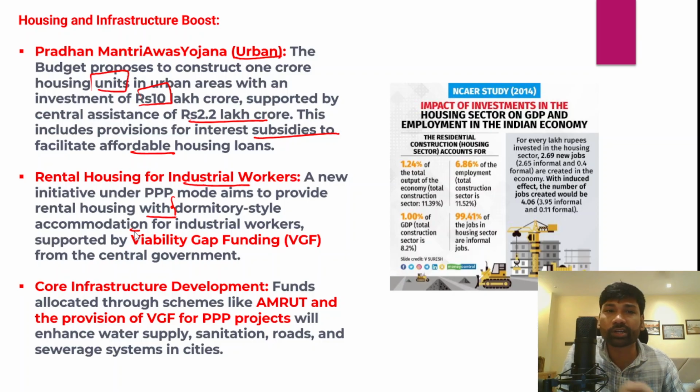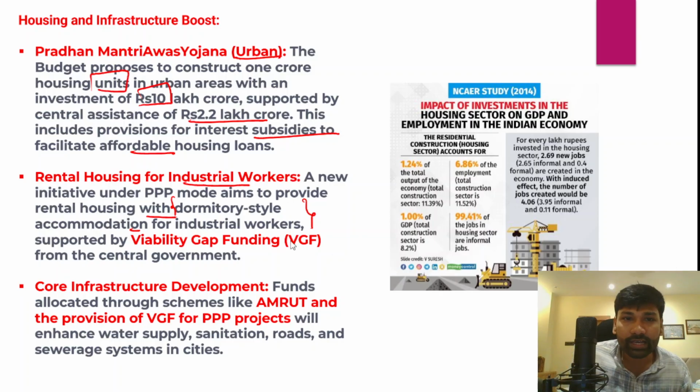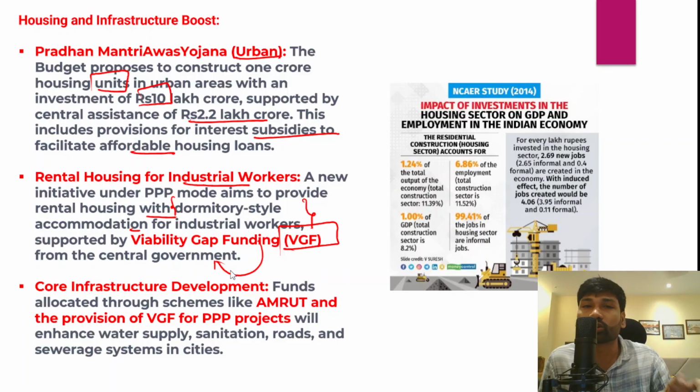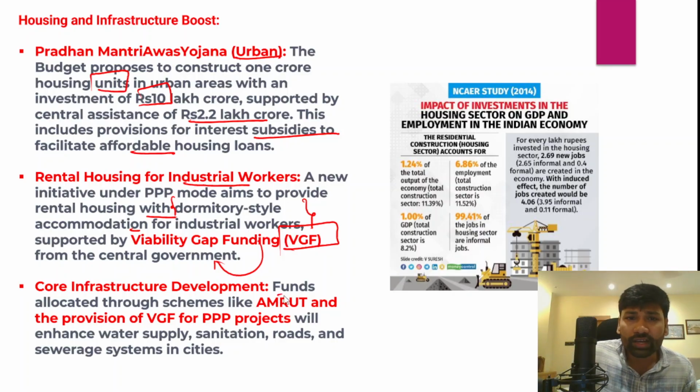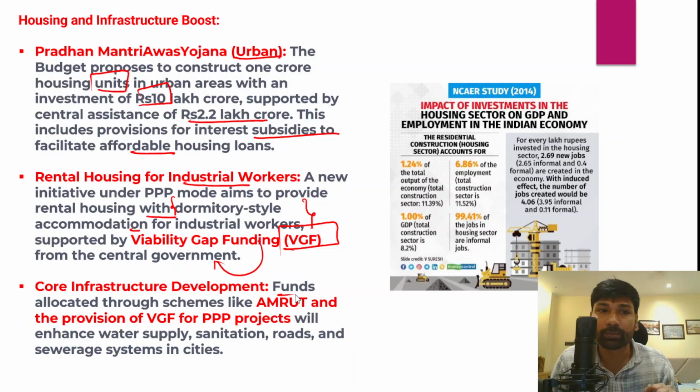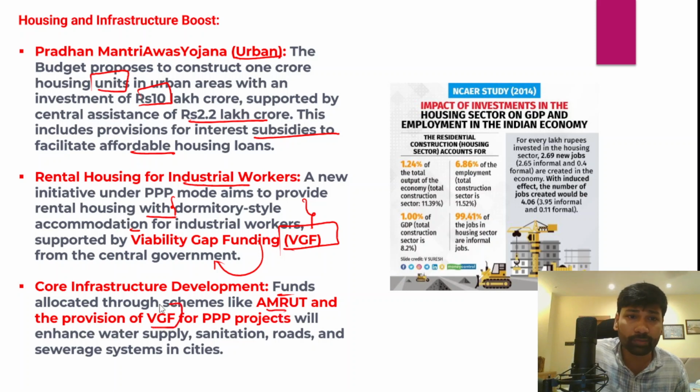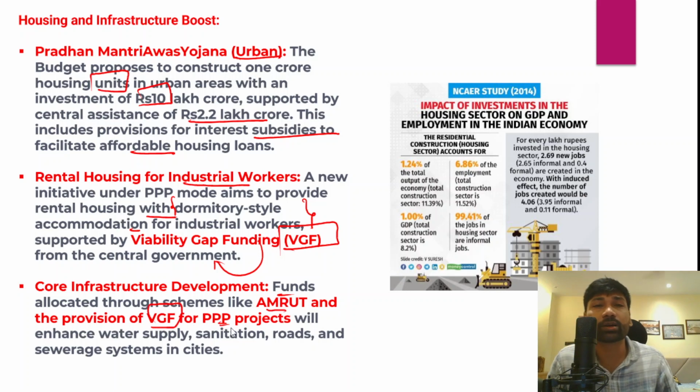Rather than permanent houses, rental housing with dormitory style accommodation would be provided to the industrial workers, and this would be developed through public private partnership supported by the viability gap funding provided by the central government to the private investors. And apart from that, core infrastructure would be focused on in urban areas, because there are a number of other schemes also, for example the Amrut scheme and the provision of viability gap funding for PPP projects,